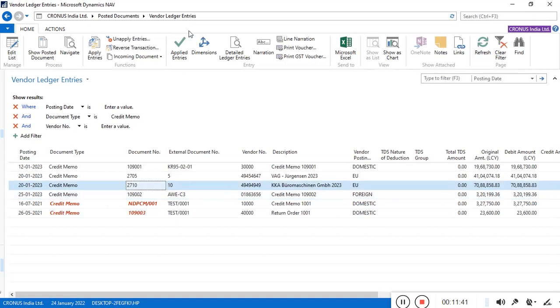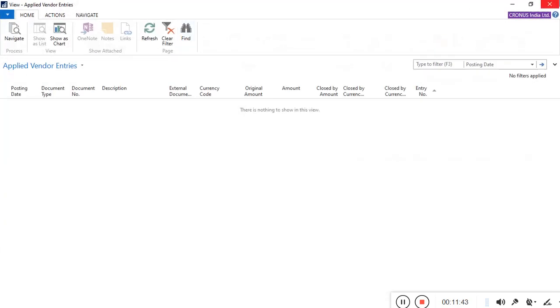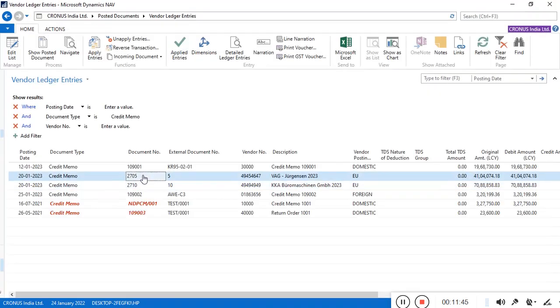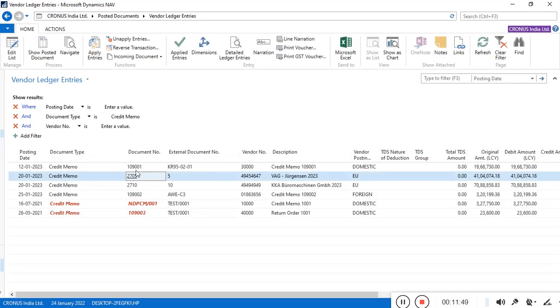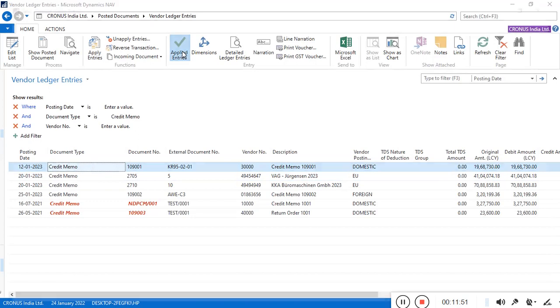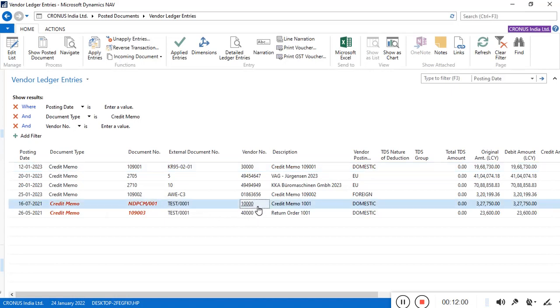So next one, no, this is the same, and no. So the last one, no. So I have only one applied entries reference